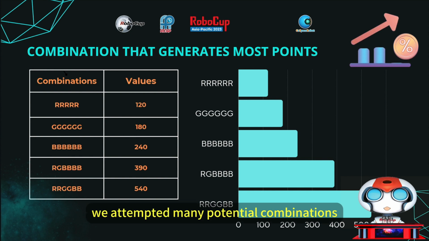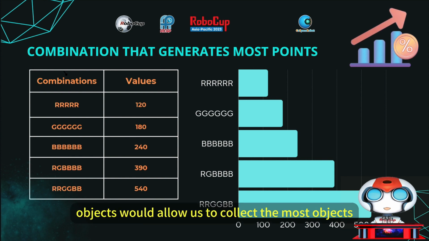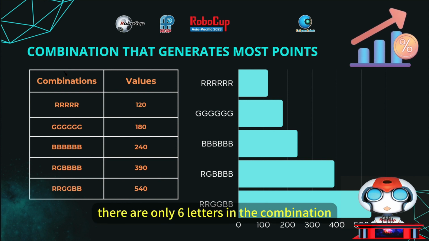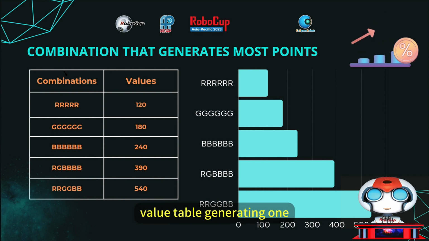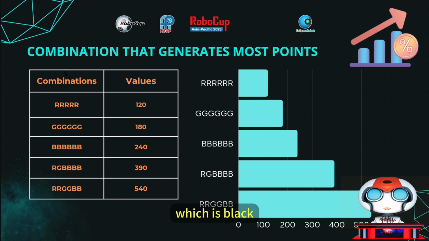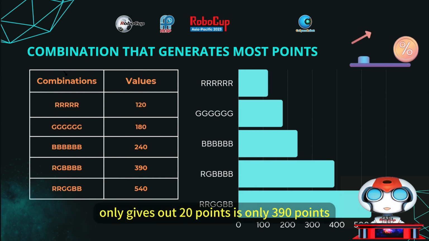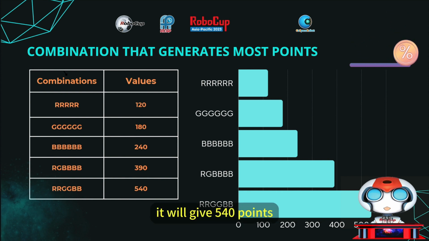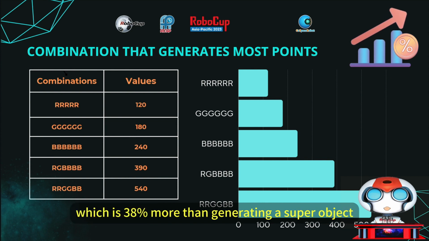We attempted many potential combinations to see which combination of objects would allow us to collect the most objects while collecting up to 6 objects, which explains why there are only 6 letters in the combination value table. Generating one super object while going to collect the normal object which gives the most points, which is black, only gives out 20 points, is only 390 points. However, if we attempt to collect the Super Plus object, it will give 540 points, which is 38% more than